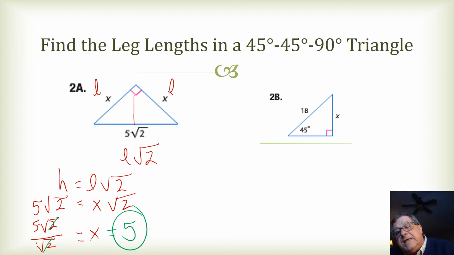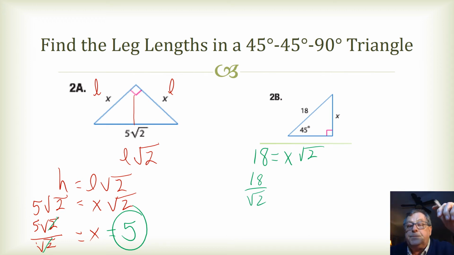Now, in 2b, let's do the same thing. So if 18 were to equal x times the square root of 2, to isolate the x, we divide both sides by the square root of 2. We get 18 over the square root of 2. But you may recall that it's considered ill-mannered to leave a radical in the denominator, and so we can rationalize this by multiplying by the square root of 2 over the square root of 2,